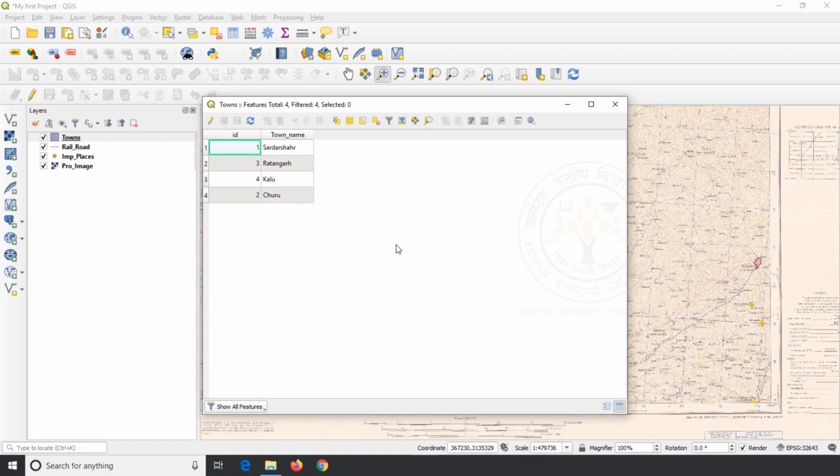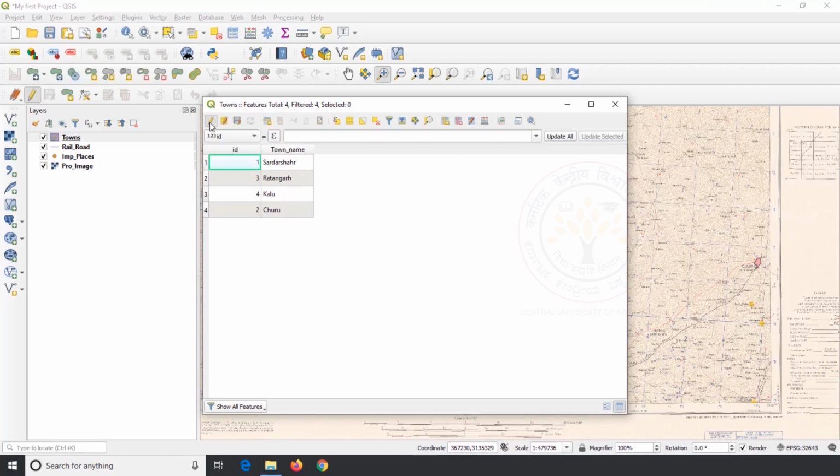If we want to add new columns, for example population of each towns, we can add, or if you want to delete any column from table, we can delete. Now we will add a column for the population of these towns. To add a new column, we have to use New Field tool on toolbar, but it is not activated now. To activate this tool, we have to click on Toggle Editing mode, then click on New Field tool.